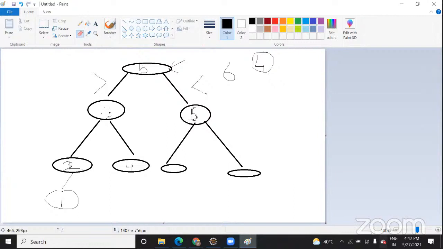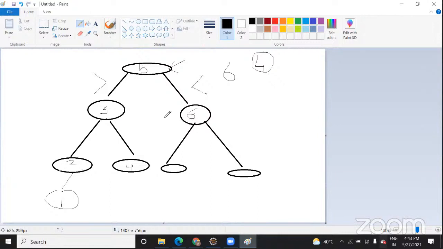Let me rub this and group it. Suppose in this scenario, 4 is there, 3 will come here, 2 is less than 3, right? So it comes this side. 4 is greater than 3, so it will come this side. Now, do you understand how the data usually comes in the binary tree? Actually, once you start working on data structures, it will be more clear. I have just given you an example of how tree structure is usually followed inside the data structure.